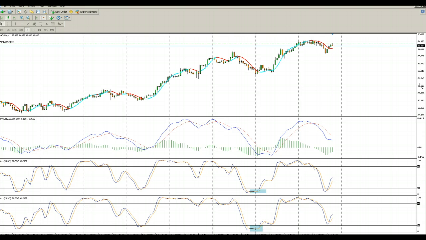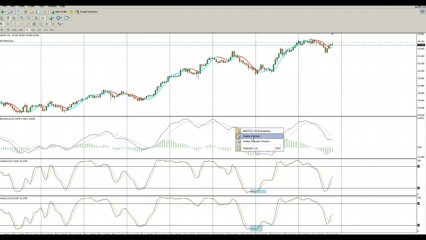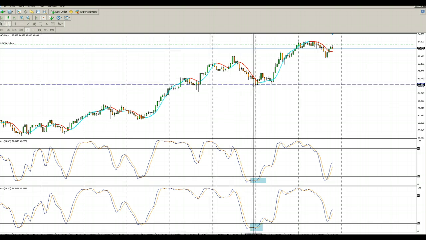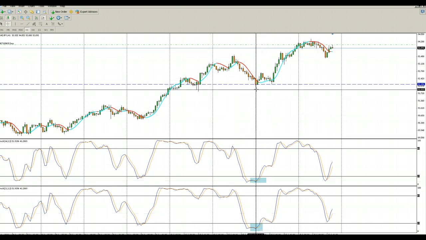Then we start looking for price action, and we have a support level here, and we have the slope indicator. So using this, let me just remove stochastics because it just confuses you. Just use the stochastics indicator. So price manages to find support here at a previous support level. Stochastics is oversold on the 21 and 14, and that would be an ideal place to enter a long. So we would enter a trade here based on a previous support level and stochastics oversold, and the market just